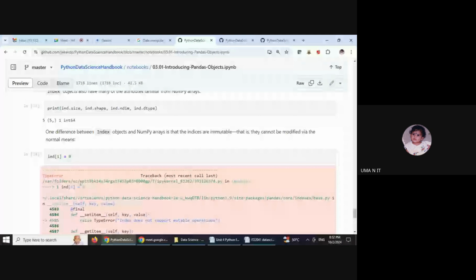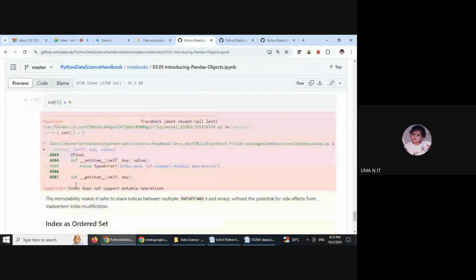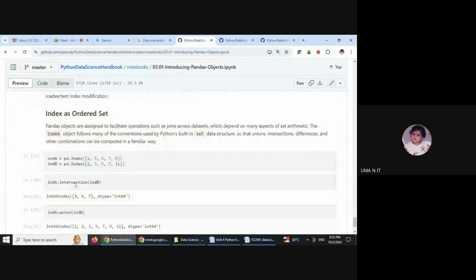We can change the values of any index. So taking your series, if we have 4 rows, 0 1 2 3 4, the index values will not be changed, whereas the data which maps with this index can be changed. Index as ordered set: see, index A with some indices, index B with some indices.